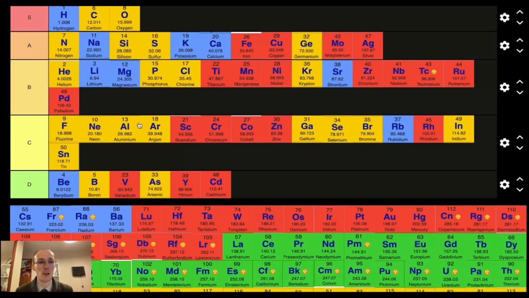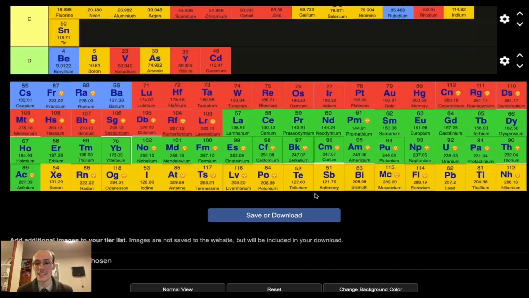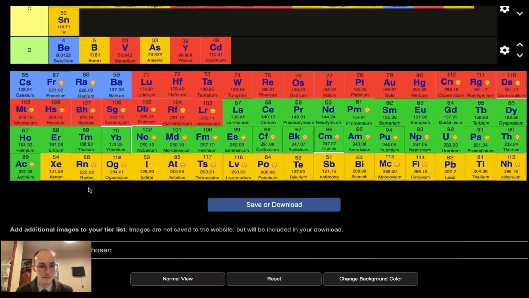I guess that makes bronze an alloy of copper and tin. If we were ranking the alloys, I guess tin would go in the B section. But we're not doing that. So antimony is next, which